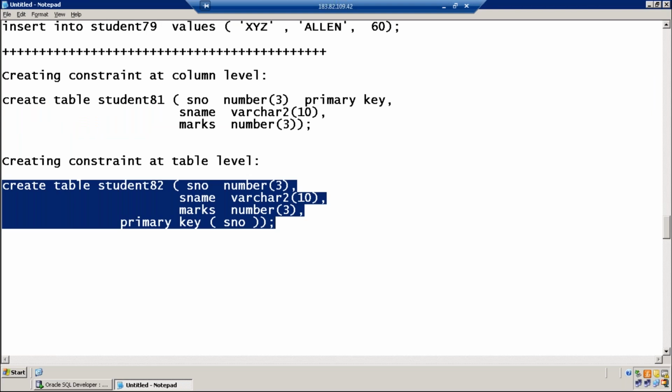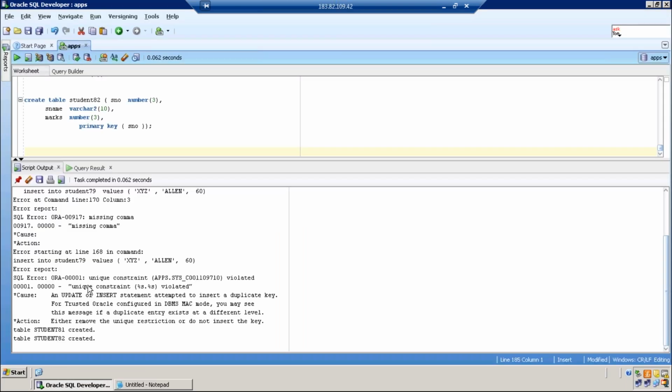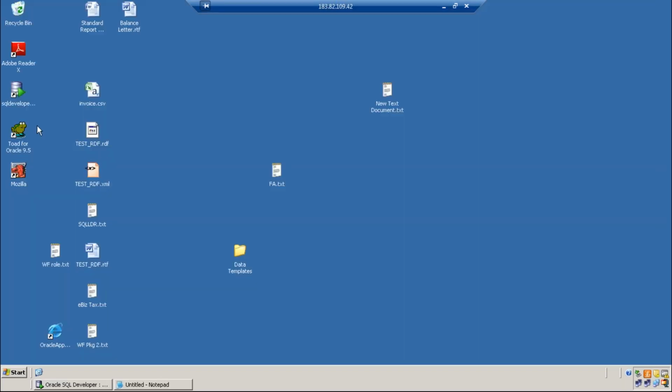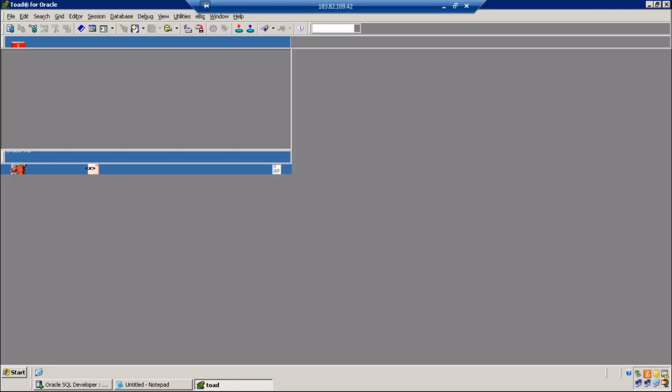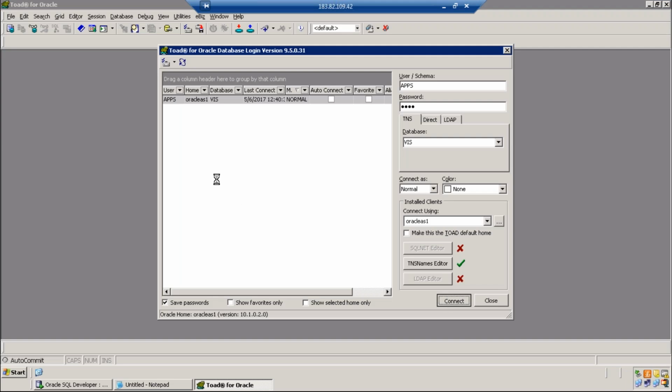You are using SQL Developer today. The error messages and logs are different, very clear. Will these be repeated the same in Toad, or will it have a more limited error? I forgot, are you using Toad or SQL Developer in the previous classes? We are using Toad only. Oh, I thought we were using SQL Developer. Both are the same. Will SQL Developer give more elaborated error messages or log files? Nothing like that.